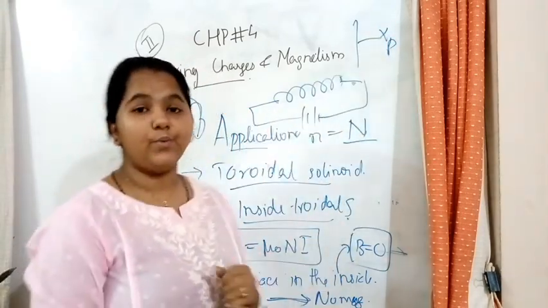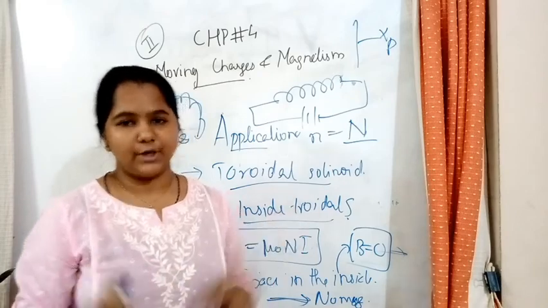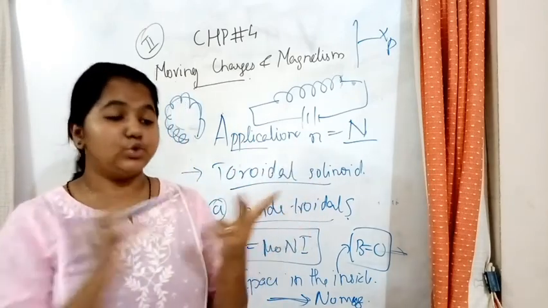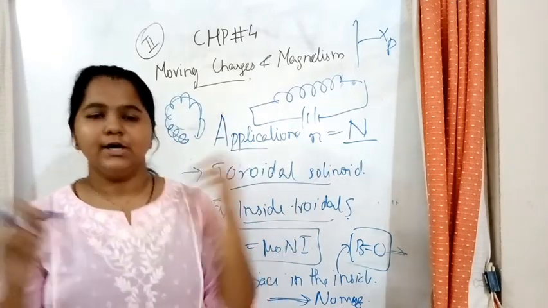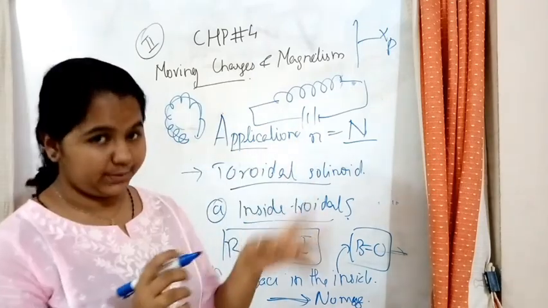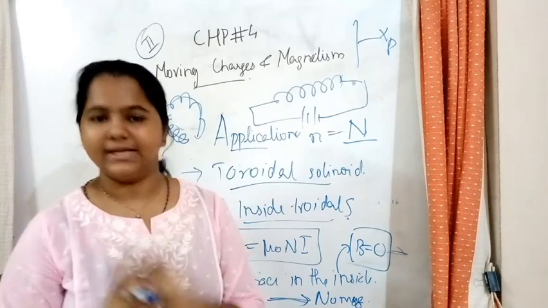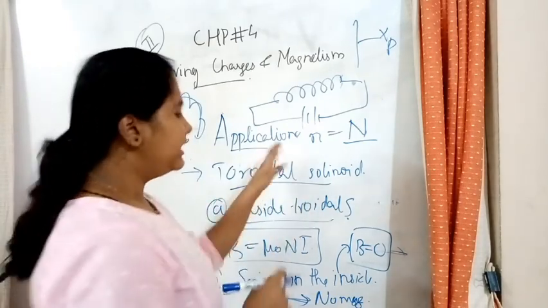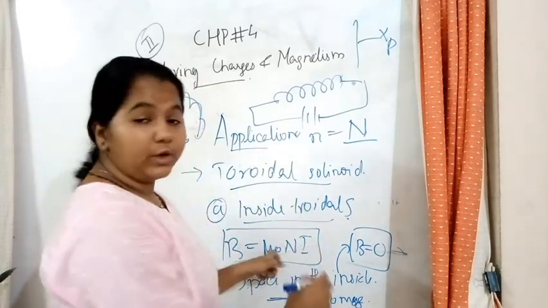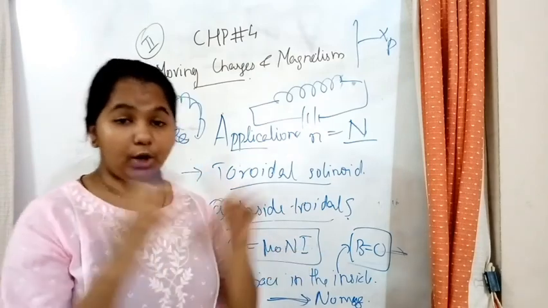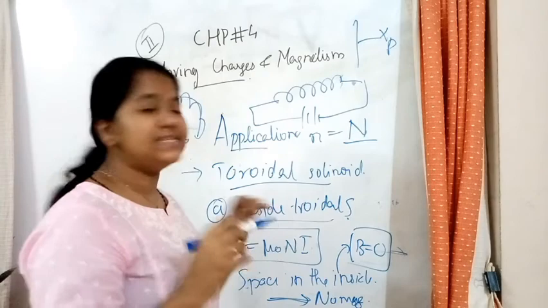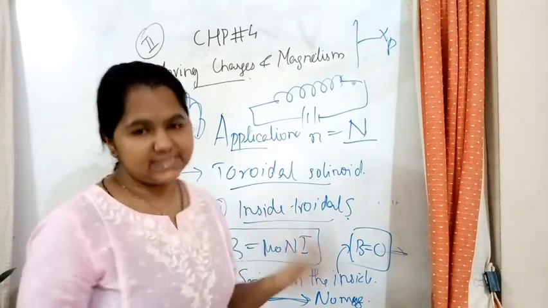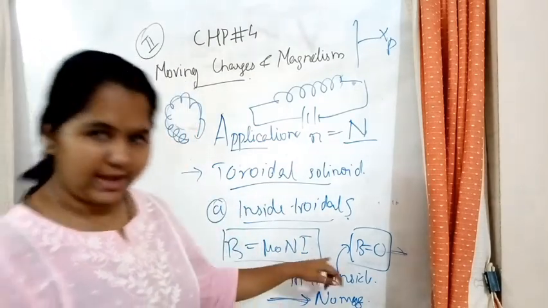The second one was for a solenoid. For a solenoid, we had two cases. First one was inside a point, then it was the ends. So for inside, how did we write the equation? Mu 0 and I was our equation. So that is our equation for the magnetic field intensity, or magnitude of magnetic field, inside a solenoid. And in the exterior, what was that? Half into mu 0 and I.